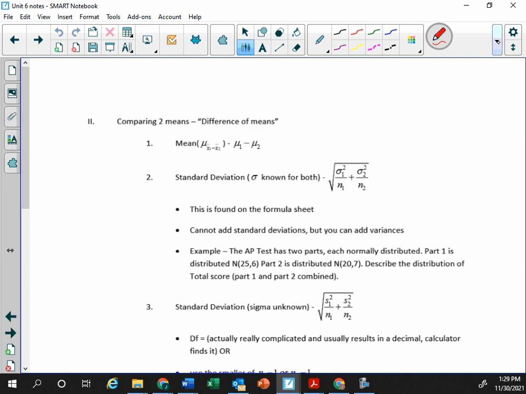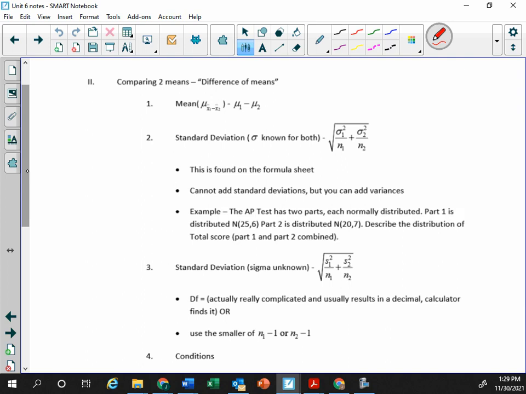All right, guys. So we are doing all of this stuff with means today. Ready, guys? All right, two times ago, we did the notes on the proportions, and then we did practice